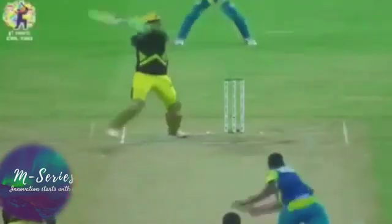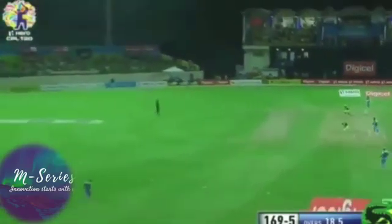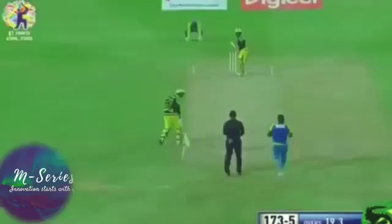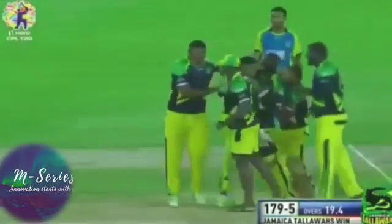Partnership is 33 from just 12 deliveries between these two. Well, Jerome Taylor's got enough experience to realise that someone like Imad Wasim is going to give himself a strike rate of 214. Free hit here. Call for 2, but oh, can't believe that they got 2 there to Johnson Charles. It shouldn't have been. It is 170 for 5. Game, set and match in the most authoritative fashion from the little man Andre McCarthy. What an innings this has been. He has carried this batting exhibition for